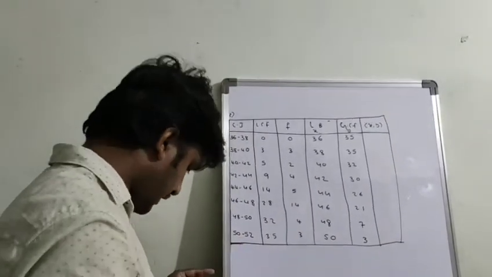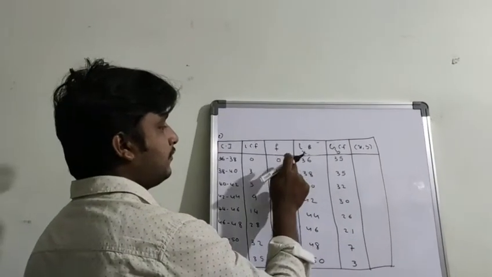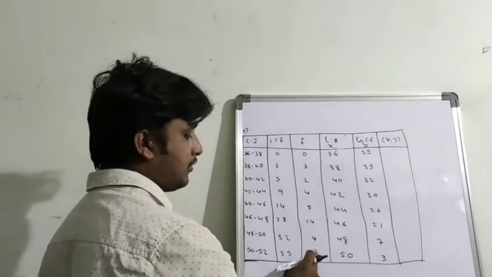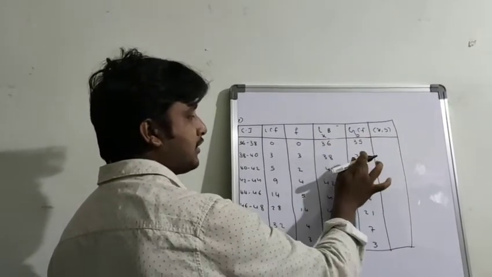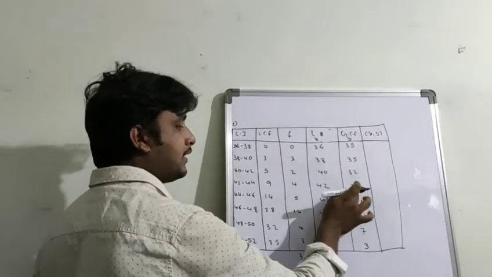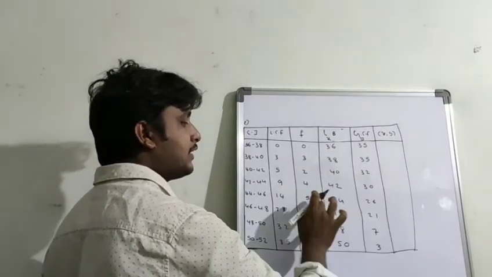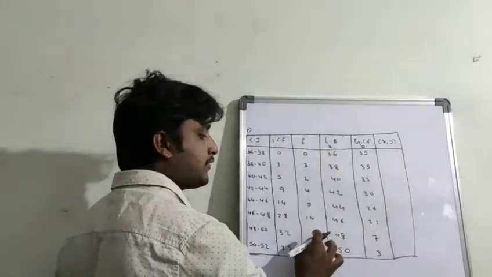That is the last observation. Repeating again, first we start with the total, 35, which is the n value. So 35 minus 0, 35; 35 minus 3, 32; 32 minus 2, 30; 30 minus 4, 26; 26 minus 5, 21; 21 minus 14, 7; 7 minus 4 is 3.